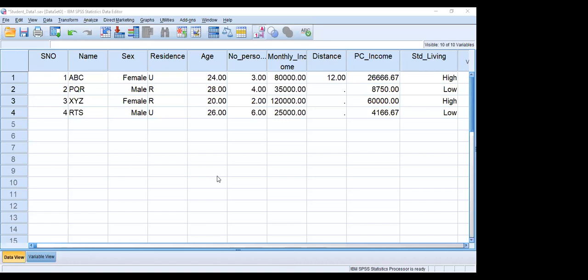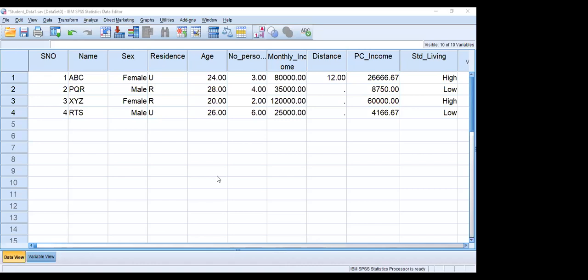Suppose we have measured the BMI and we want to categorize it. Those whose BMI values are normal, and more than 25, we call abnormal or obese.